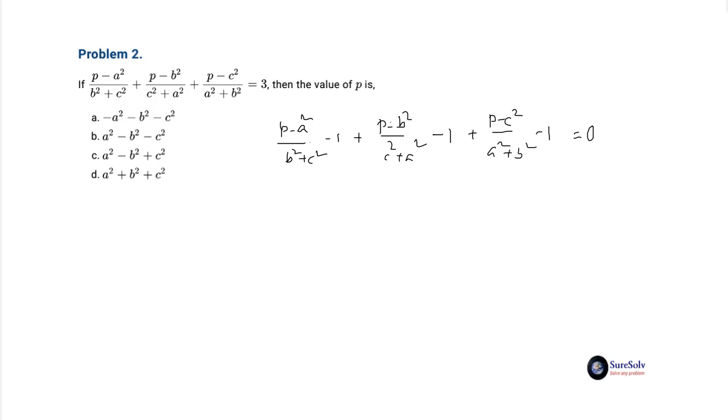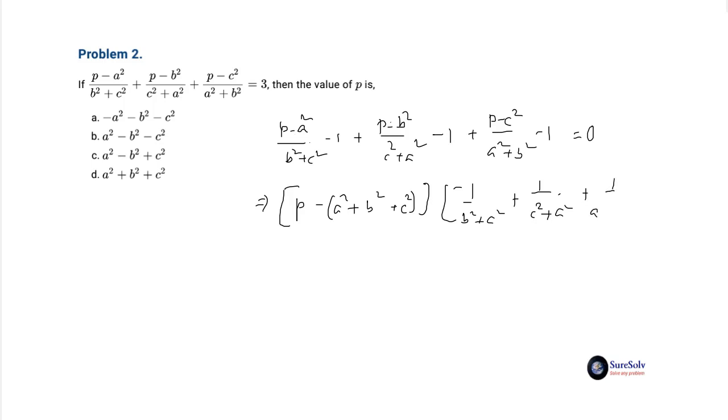All the three numerators become p minus a square plus b square plus c square, so that it can be taken out as a factor. The equation is changed then to p minus a square plus b square plus c square with the second factor as 1 by b square plus c square plus 1 by c square plus a square plus 1 by a square plus b square